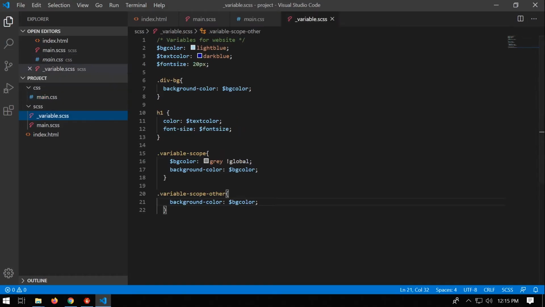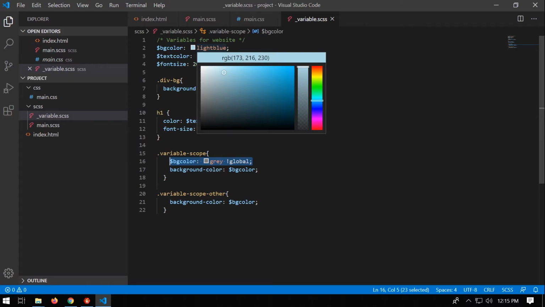So we set up some simple variables, and we then moved on to the variable scope, by which we overwrote, replaced these global variables. So we replaced background color. So the original was background color, light blue, and then we